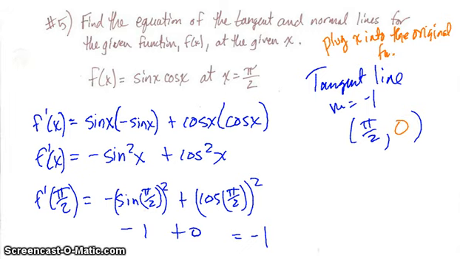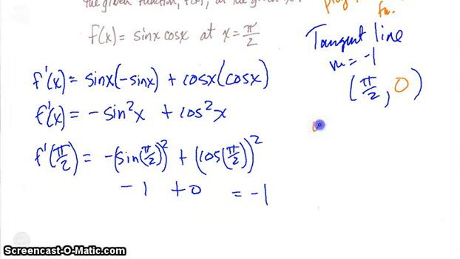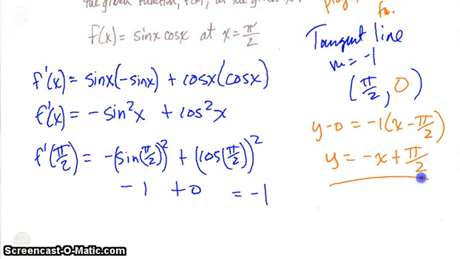Now we've got enough that we can find the tangent line by saying y minus 0 is equal to negative 1 times x minus pi over 2. Y is equal to negative x plus pi over 2. And this is our tangent line. Do the same thing